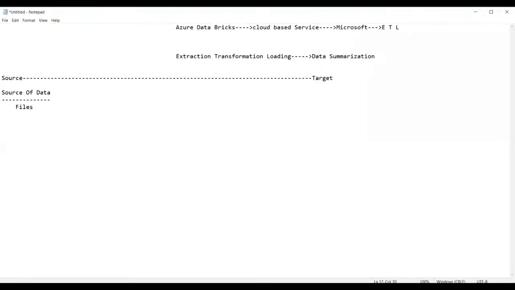Okay, files. What type of files, guys? But ultimately the files will also receive the data from the business. We all are working for the business or not? Even though you are working as a data engineer, that means you are working for a business or not? Yes, everyone, you're working for the business.